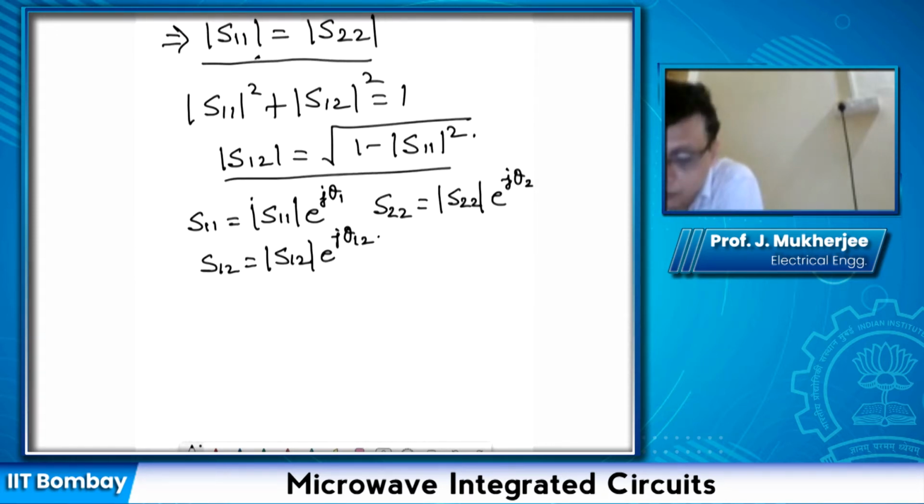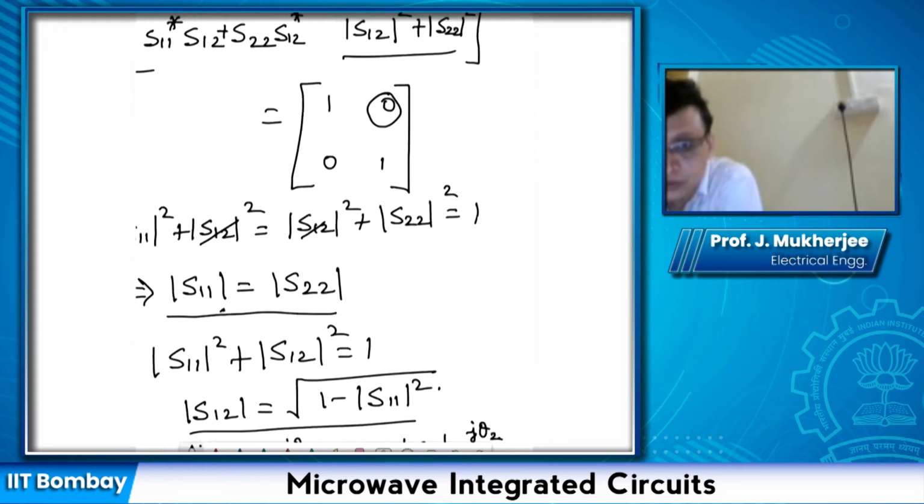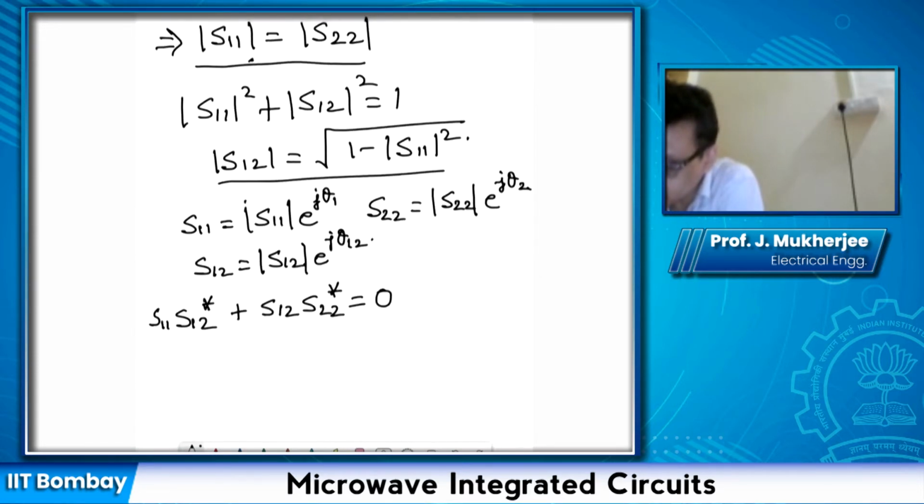So we have S12 conjugate S11 S12 conjugate plus S12 S22 conjugate is equal to 0. Now substituting these expressions in this equation, what we have is